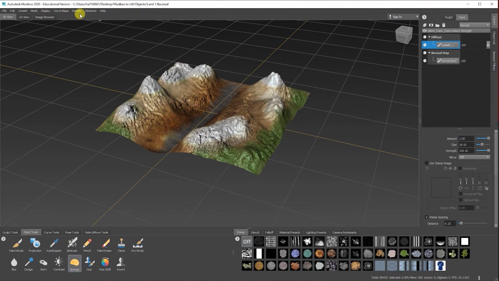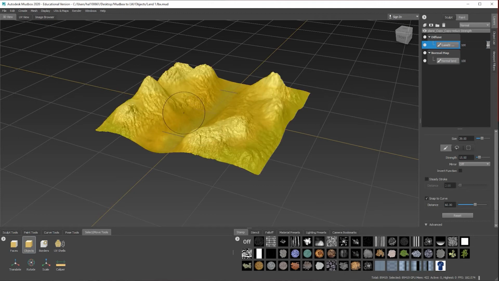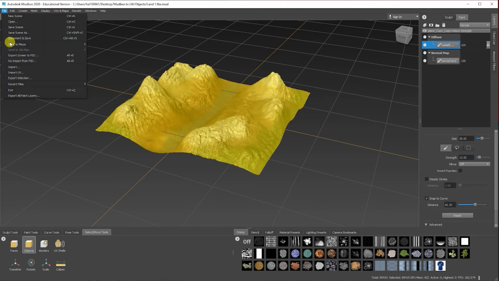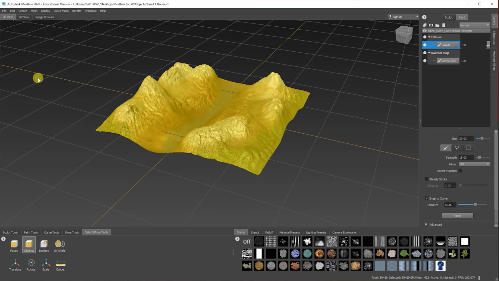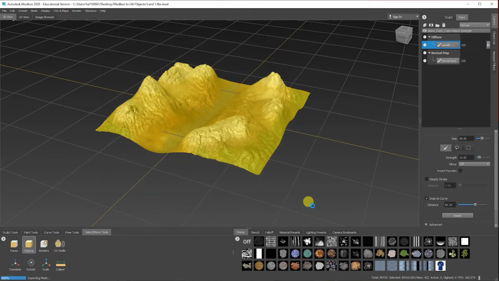So let's go to select to move, object, let's select the object, go to file, I'm going to export the selected, saying where do I want to send it. So let's send it here as land free, we'll call it, like so. Okay, and then bottom corner, look, it's exporting.